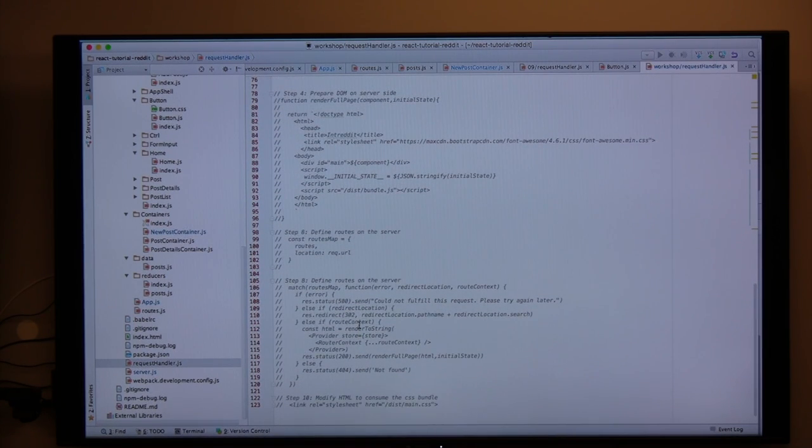React Router gives us a very convenient method to match the routes. It's called match, and you pass in an object. The first property should be the routes that you define on the client side, and the second should be the URL that you receive from the client. It takes that URL and matches it with the routes, and it extracts out the components that should be rendered on the client side. So how we do it is, let me